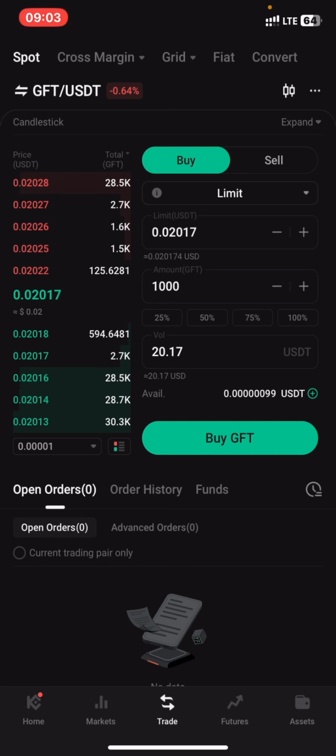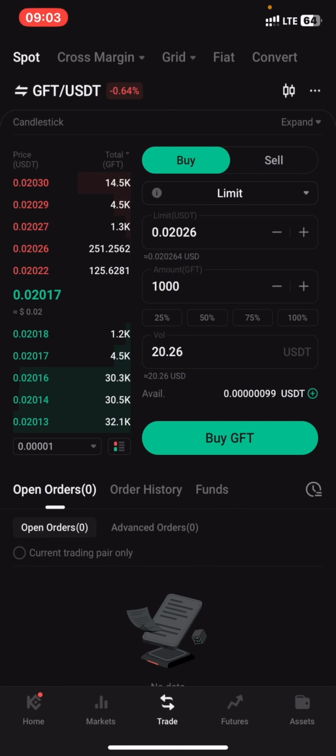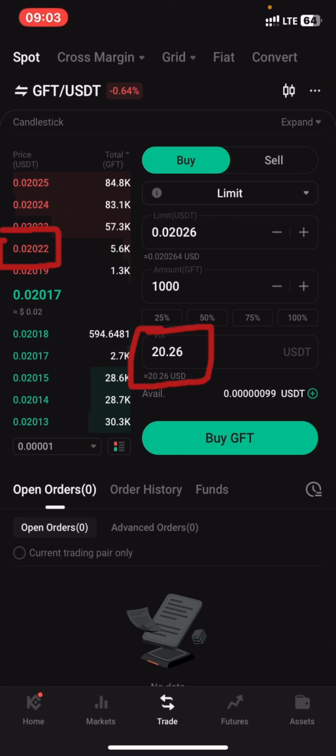And if you want to buy this immediately, you have to place an order to buy at this price. So you will be paying $20.26. That's how much you'll be paying for this 1,000 worth of this coin. Remember, you will buy this immediately. So once you buy this immediately, you come over here,